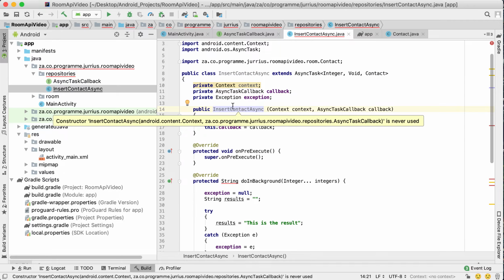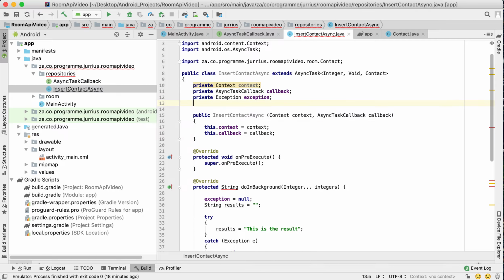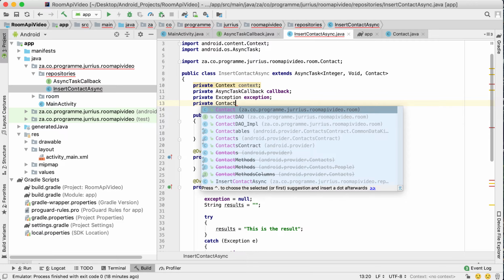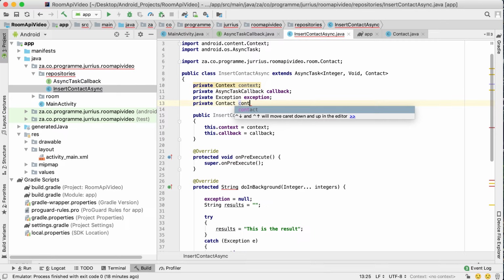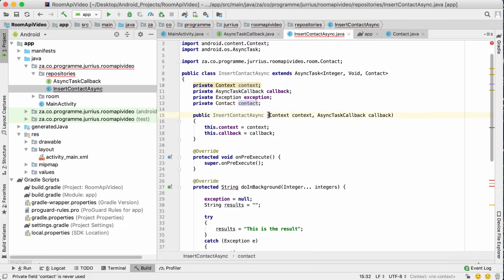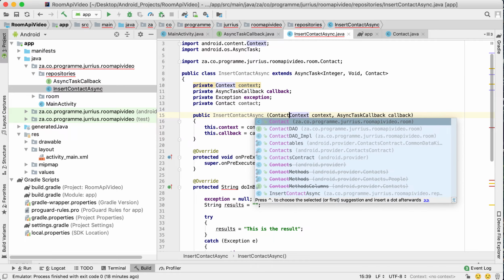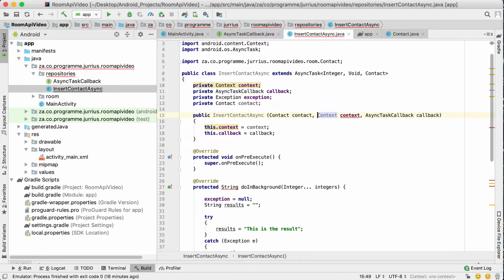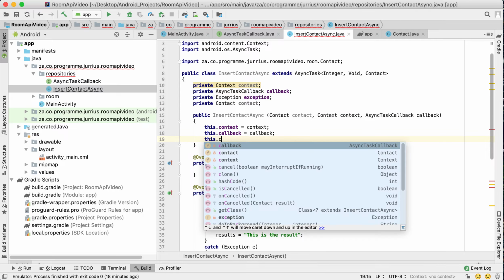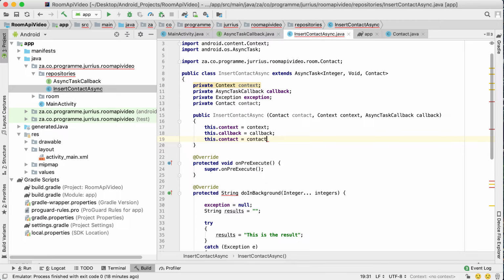So for the constructor then, before we go into the constructor there, let's just add another variable here, private contact, and we're going to use it now. You see where I'm going to use this. It's basically getting hold of the contact that will be passed into this constructor. So instead of just having a context and the callback here, I'm going to accept a contact object, and this will be the contact that I want to insert into my database. So I'm going to set this contact then